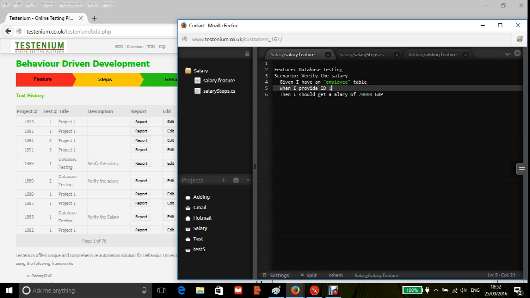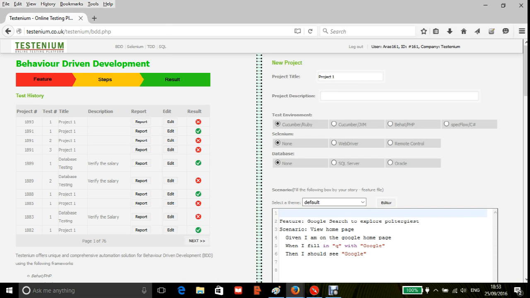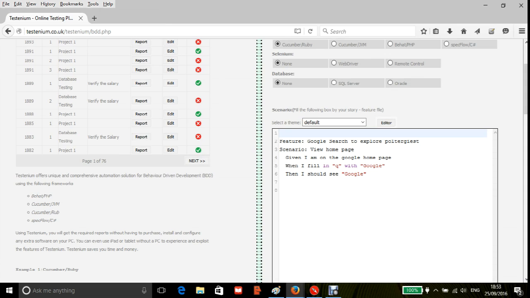For example, given I have an employee table, when I provide ID 1, then I should get a salary of 70,000 GBP. So in the table that I showed earlier, the first record has a salary column of 70,000 GBP. So I'll copy this feature file into the editor on the first screen,